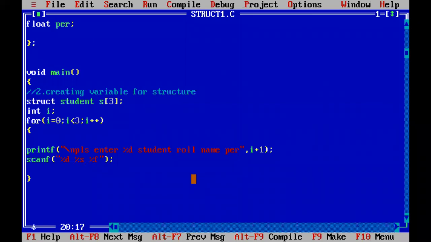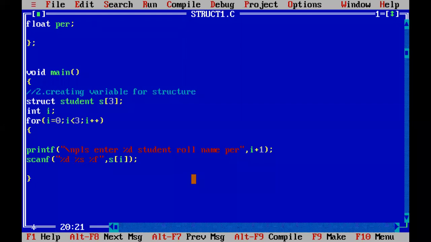So now when you capture roll number with %d, name with %s, and floating point with %f using scanf, you have to give after a comma where you are going to store them. The %d roll number will go into s of i. First student means first time i.